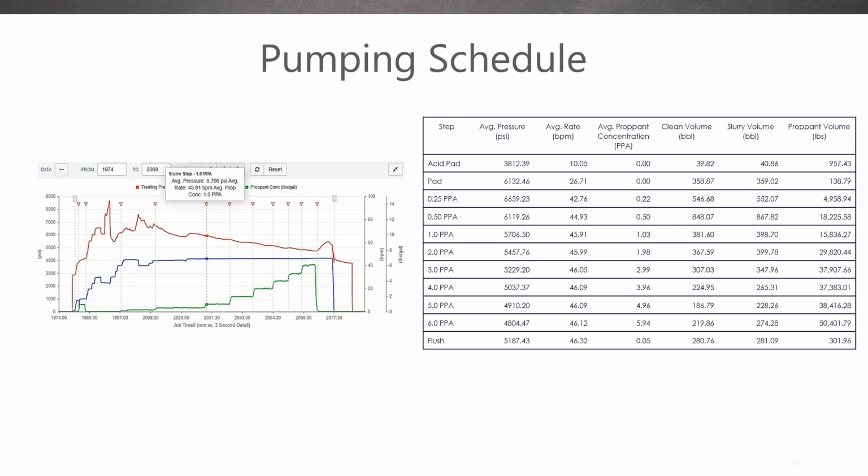Actually, before I go into the data set, I want to give you an example of what the deliverable for this set of models looks like. On the left, you'll see the treatment plot. We applied the machine learning models, and the output is what you might find in a PDF document describing a fracture treatment pump schedule. Notice we identified the acid pad, the pad, and the various proppant step concentrations, followed by